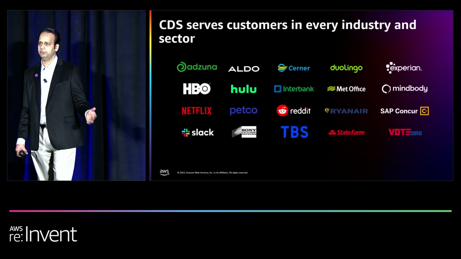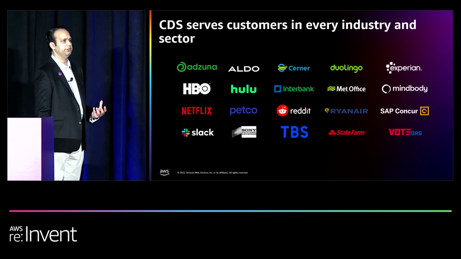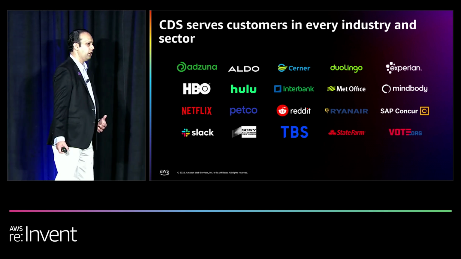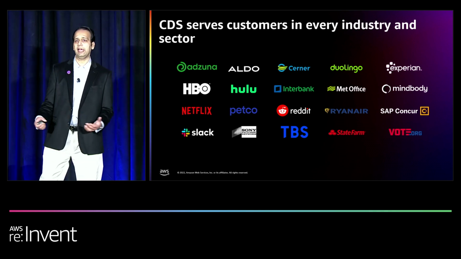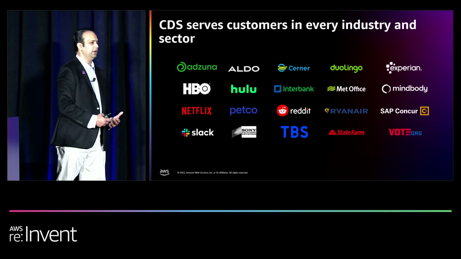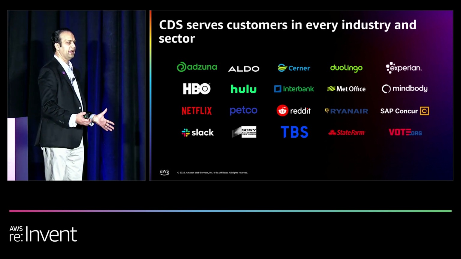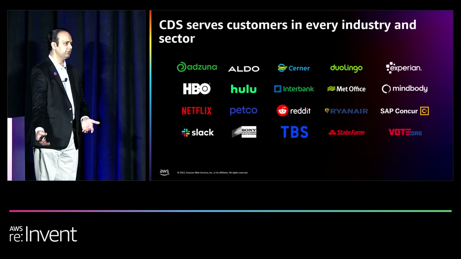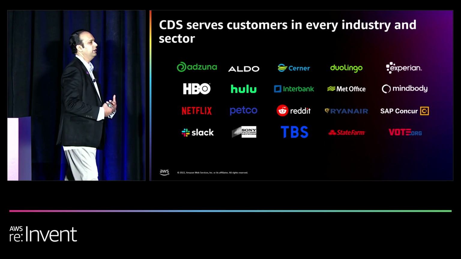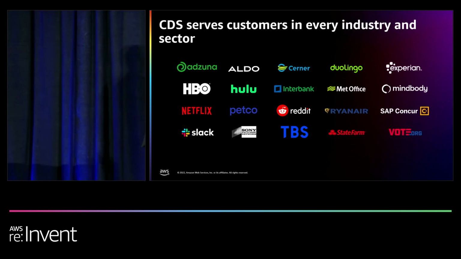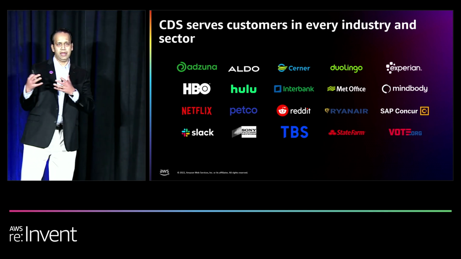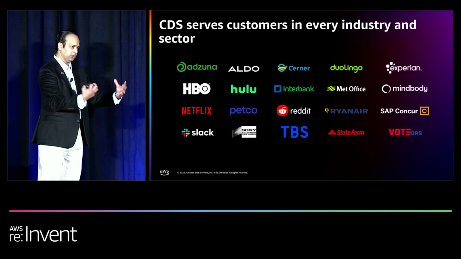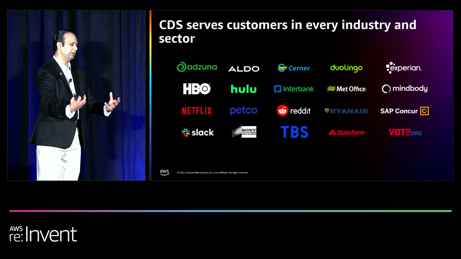So in terms of the customer list, typically Communication Developer Services was targeted around the independent software vendor type of community. We just described Slack, for example, with Slack huddles. That's very much what we would call an independent software vendor style application, where you had a software application like Slack. They wanted to add multi-party audio video sessions to it, create this virtual audio space. They needed to be able to power this with a WebRTC-based service that works within browsers and mobile apps. And they basically integrated huddles into the core aspect of their product and their value proposition.